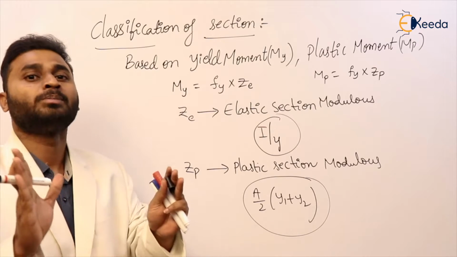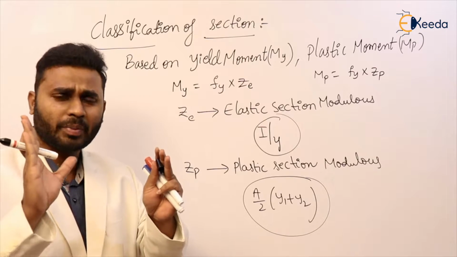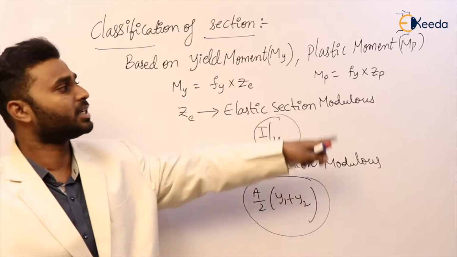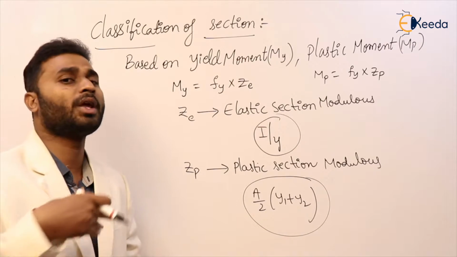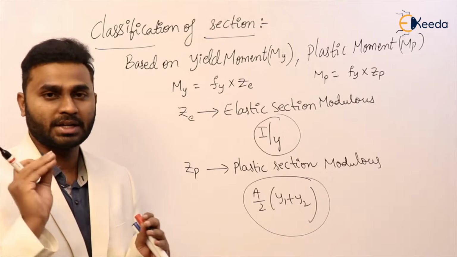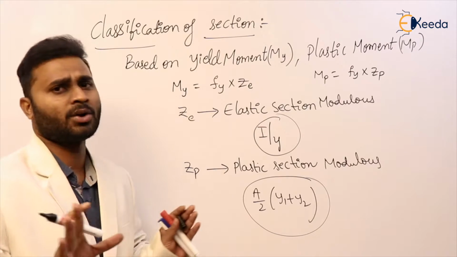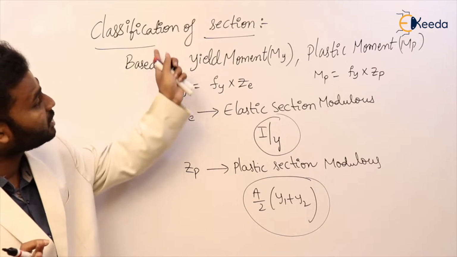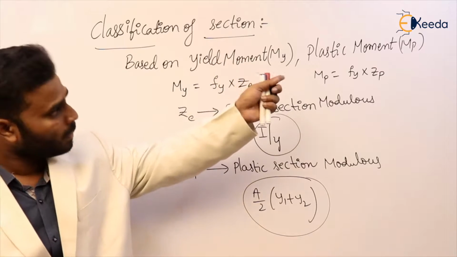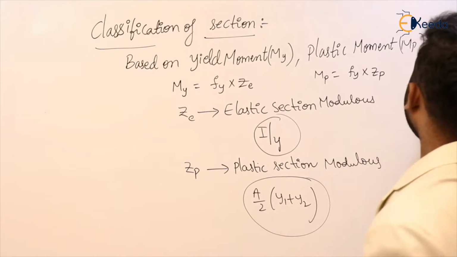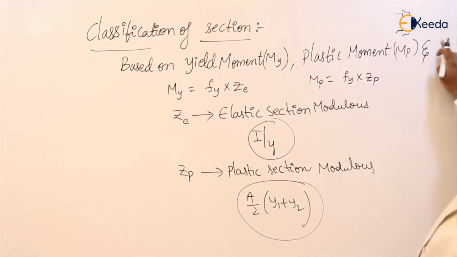So the moment of resistance of a particular cross section at yield state is known as yield moment, and at plastic state is known as plastic moment. And we know how the cross section is going to the plastic state and what is happening at this state. We have discussed it in detail. So now the classification of this section is based on this yield moment and plastic moment, and this classification is also based on one more criteria, that is